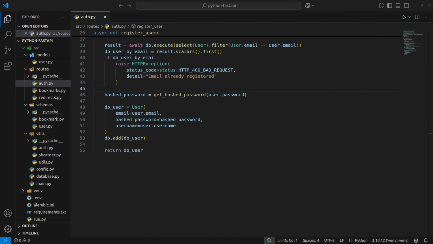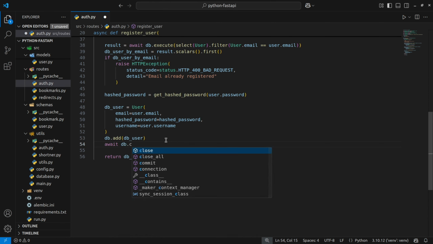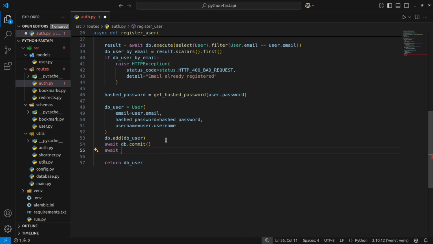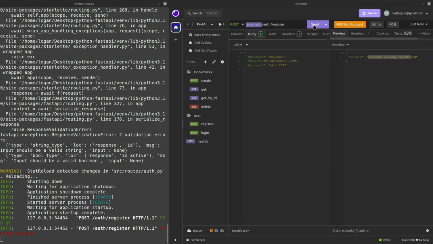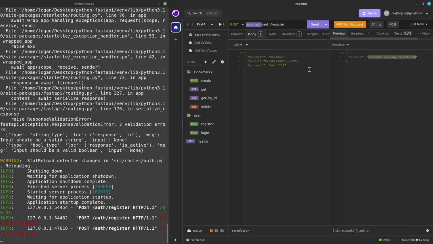Okay, so I have figured out the issue is that I haven't done two things: db.commit and then await db.refresh(db_user). When I do this, hopefully, if I come here, it says username already exists, and